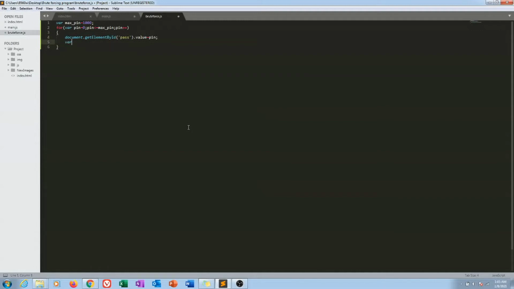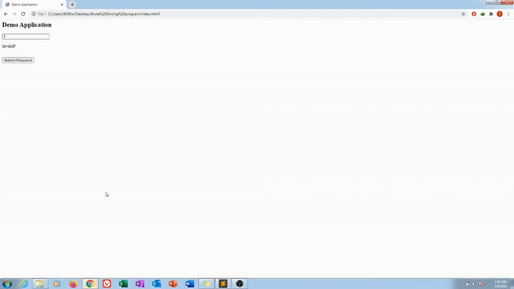and let's create another variable and call it result. Alright, so as you have seen, if we enter a password which is not the correct one, the form will just tell us that the password is invalid. So we know that this is working,